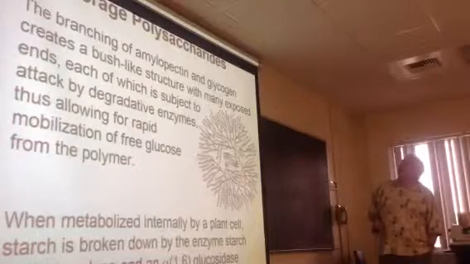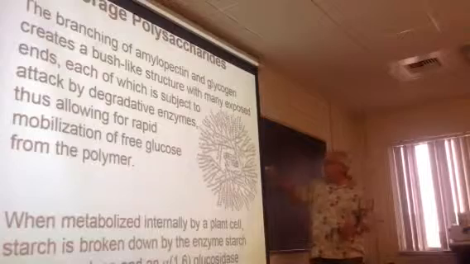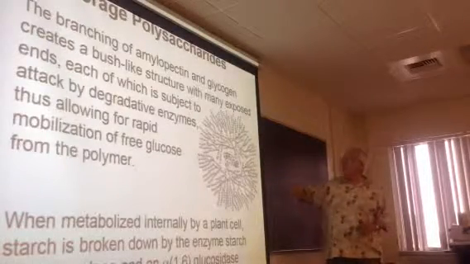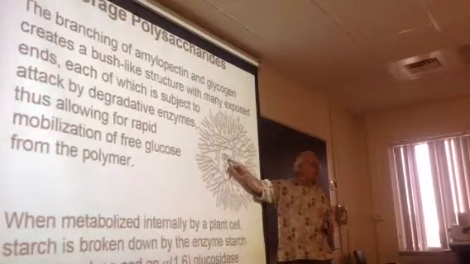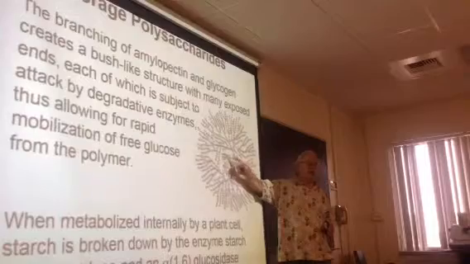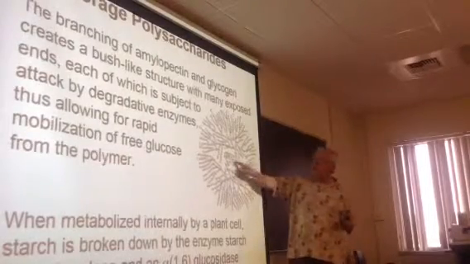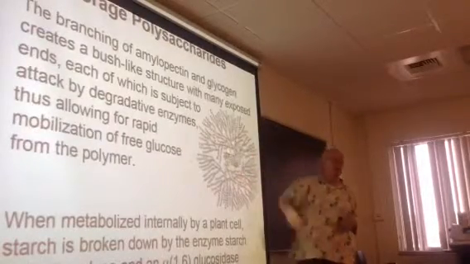So that's what amylopectin or glycogen might look like, where each one of these is a glucose molecule. Actually, we won't get into the details of it, but in the core of these starch particles are actually little protein molecules. It doesn't start with a single glucose, it starts with a glucose attached to a protein, and then an enzyme kind of is centered right in that area and starts building